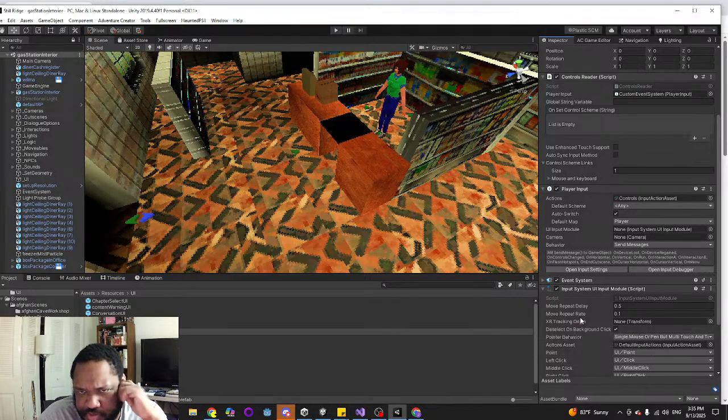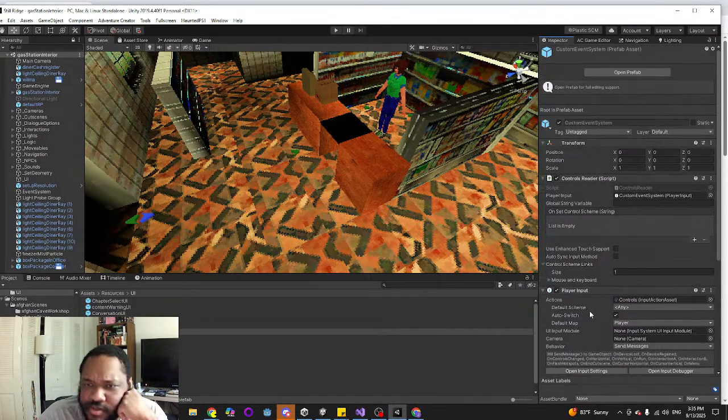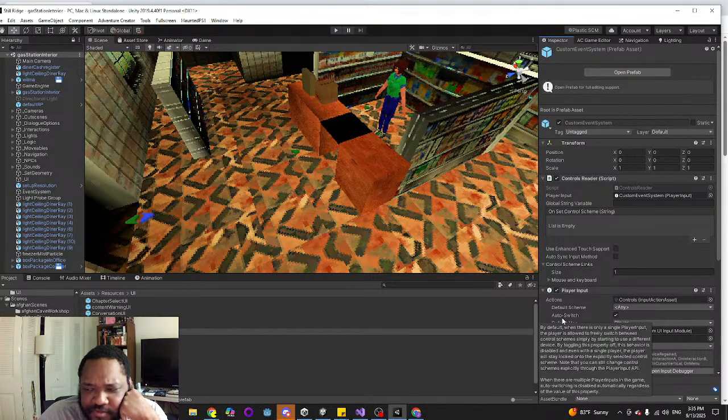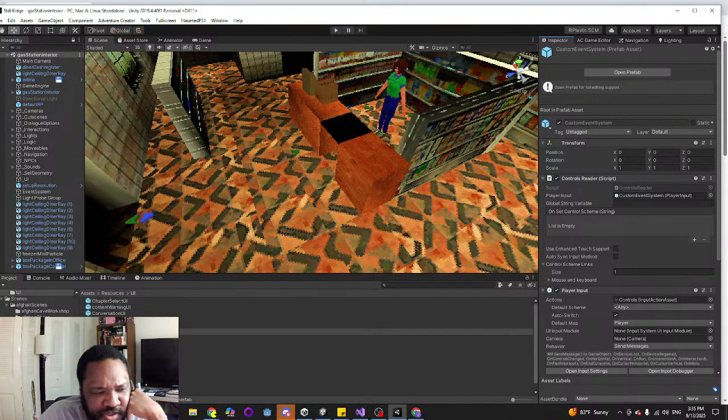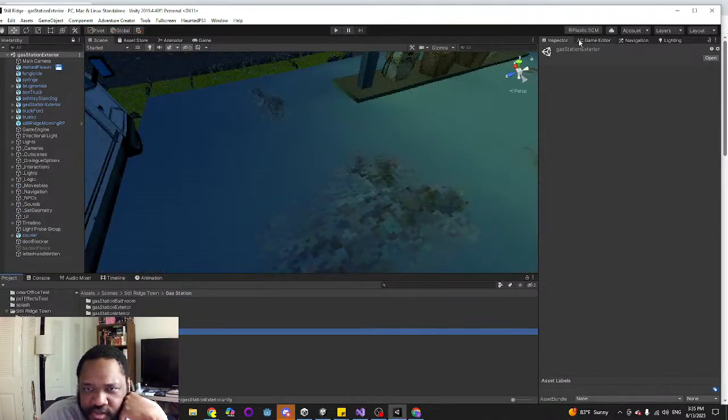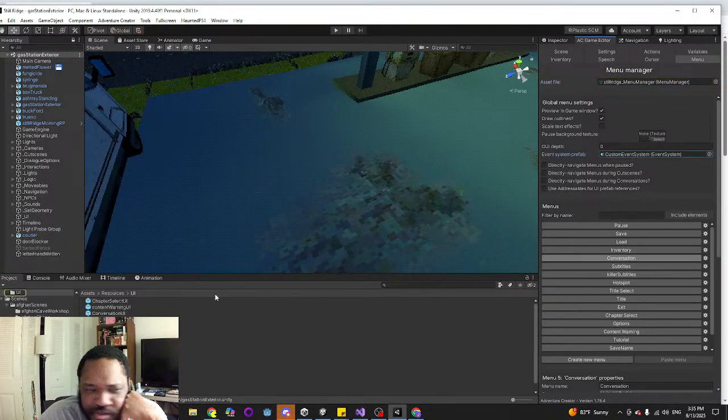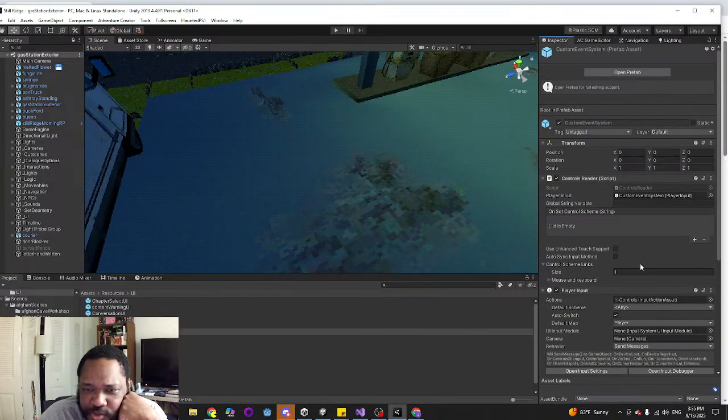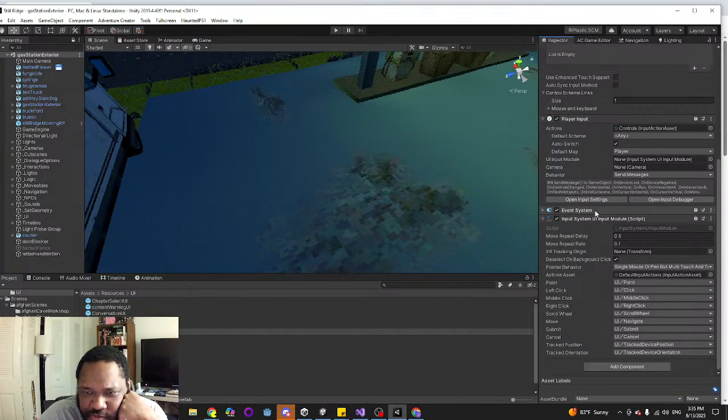Maybe it is this custom event system, because in this scene I was testing controller support, and controller support unfortunately completely broke the game. I hope to get around to having controller support at some point, because that would be really cool.